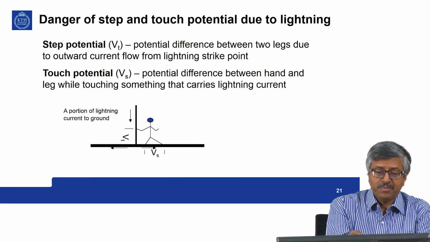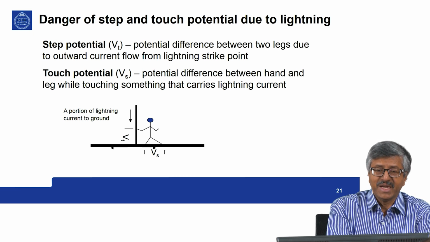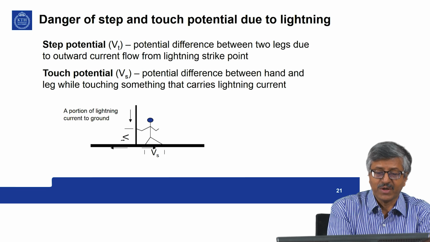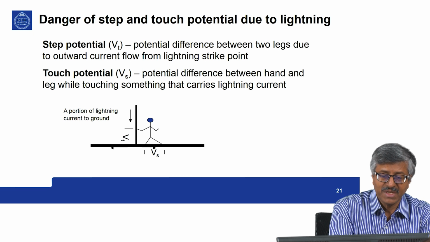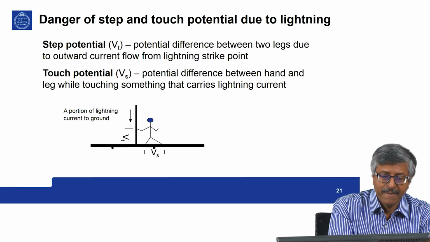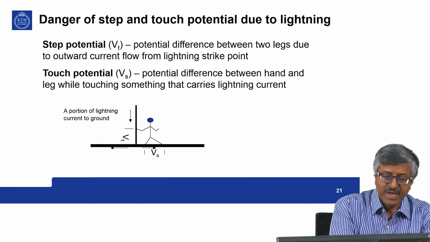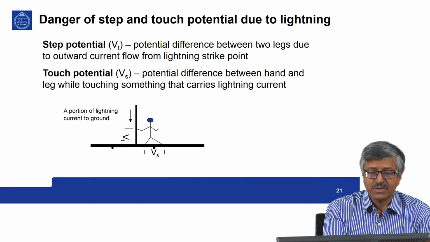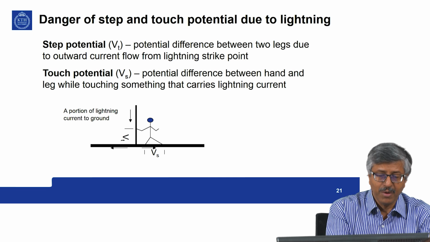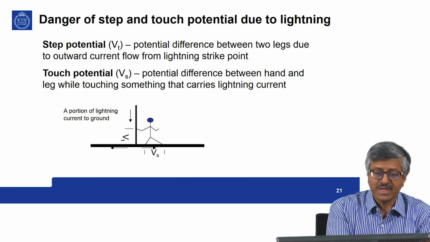The lightning protection system should be designed in such a way that this potential is not harmful for the person. Similarly, if the person is touching any part of the lightning conductor system, there is a potential difference between the hand and the feet, and this voltage, called touch potential, should not be above a value that is harmful